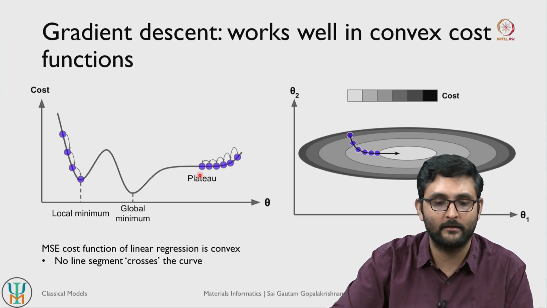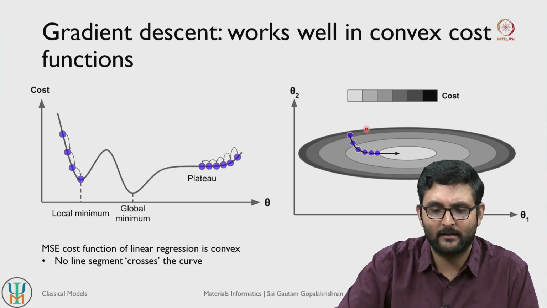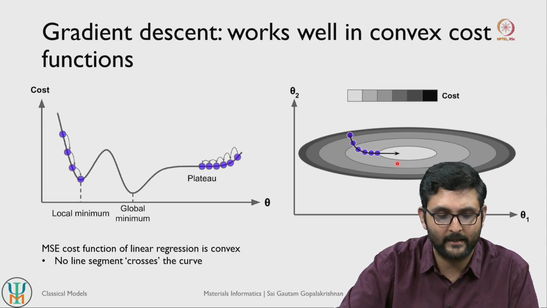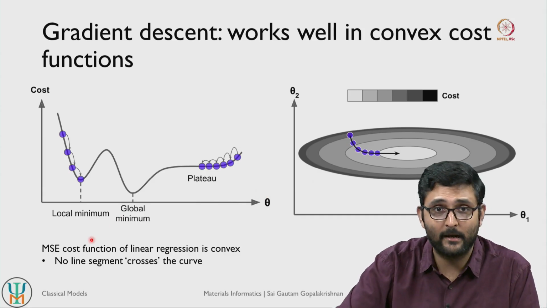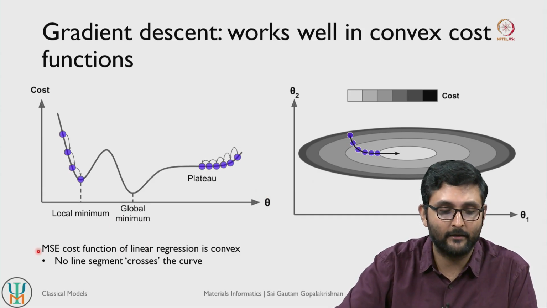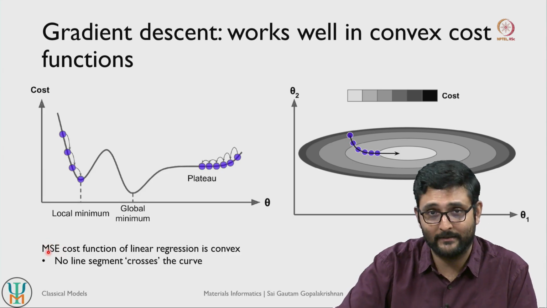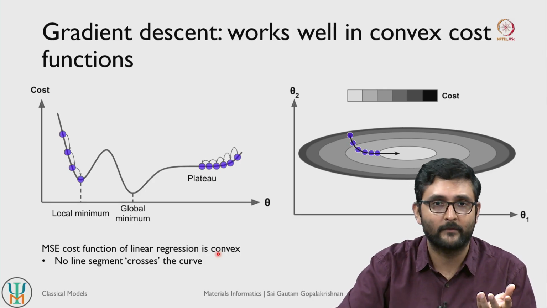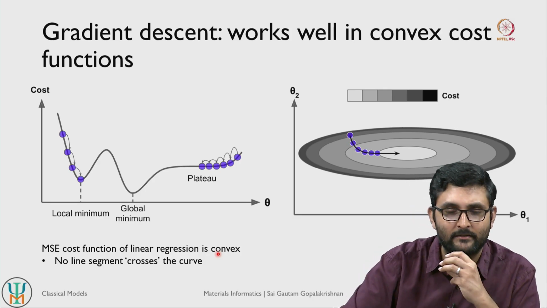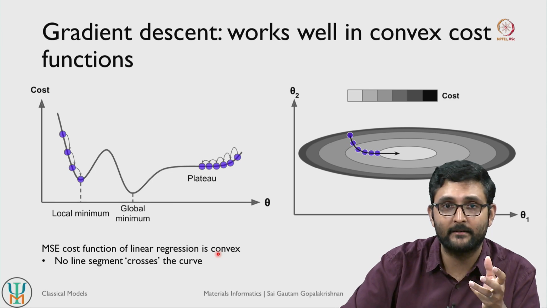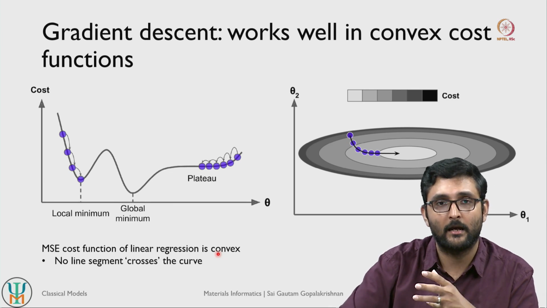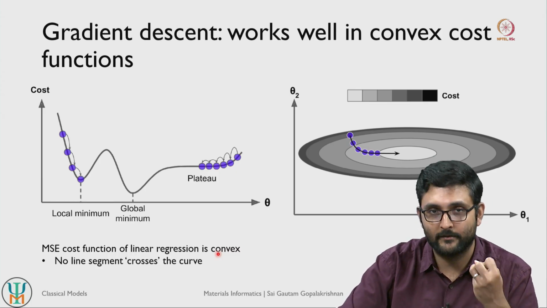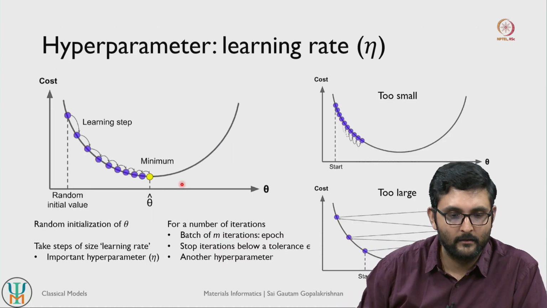So it can turn into a fairly expensive algorithm, but as long as the cost function is smooth like a bowl, so if it is a convex function, then gradient descent works excellently. Now the good thing about linear regression is that if you look at the mean squared error as a cost function, so if you are trying to minimize the mean squared error, then this is a perfectly convex cost function. So you can sort of blindly use gradient descent in a linear regression model simply because mean squared error is a convex cost function and your gradient descent should work fairly well.